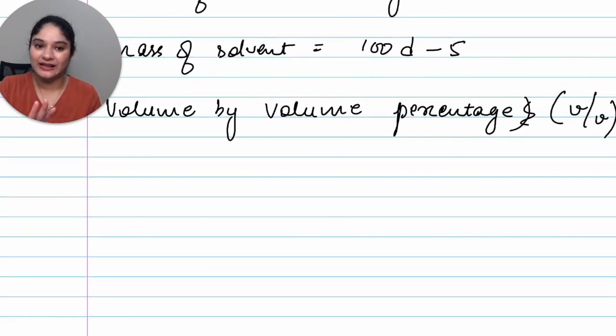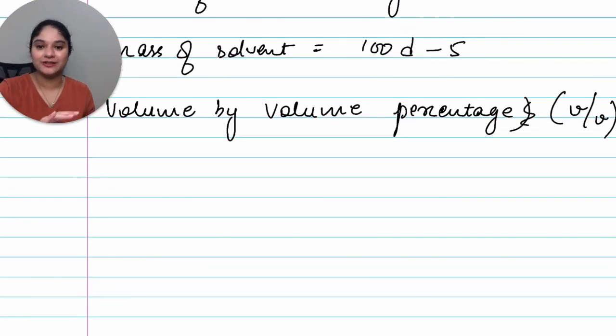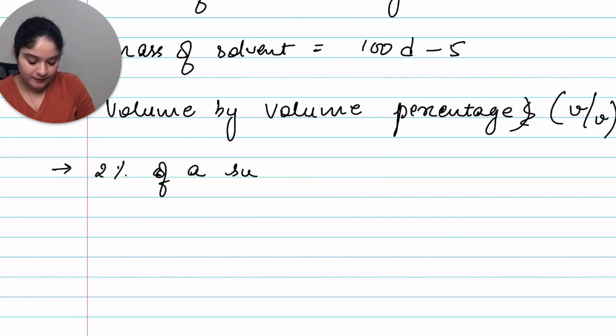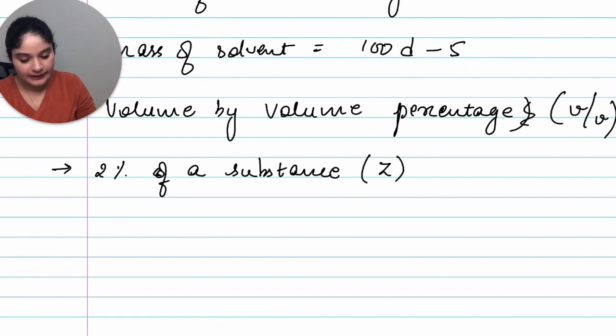If you want to try this on your own, I'm writing the statement. You pause the video and figure out all of the information, in a similar way that we have done so far. Nothing is changing. Okay, so let me write that. The statement for this particular thing would be, let's say, 2% of a substance Z,